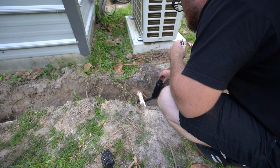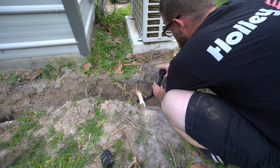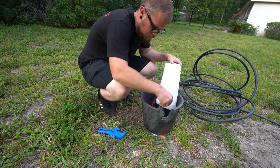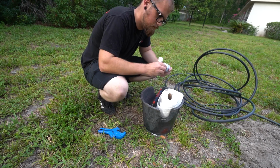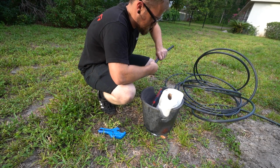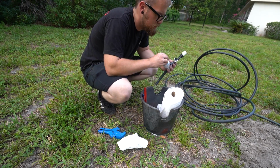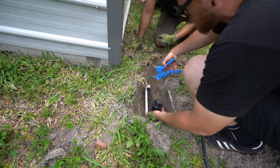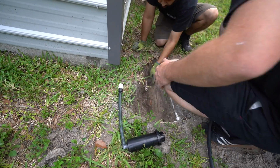But we also needed to move it anyway because we're eventually going to put a pad or at least gravel back here with our overhang, and it was going to be tucked up underneath it and not be able to do anything. So that one kind of worked out. It made it a little more enjoyable to do, knowing that it serves two purposes, digging up that big hole. So then we moved to the back corner, and fortunately with this soft line, it makes this process